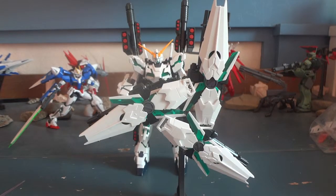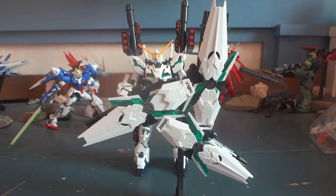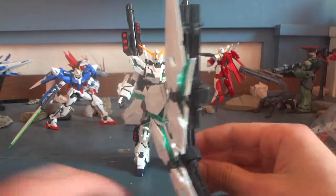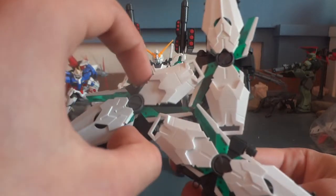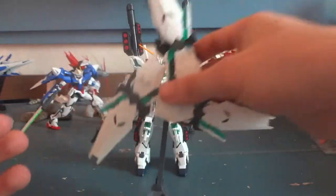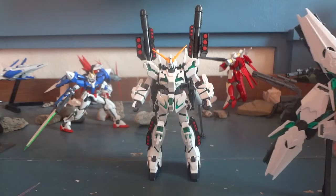Boom. This here is where the Unicorn kit gains much of its awesomeness, because this might have happened only once or twice in the anime. I'm not sure actually, because I haven't seen Unicorn. Excuse me. But you do get this piece that allows you to put all the shields on one thing like this, and it forms this sort of whirlwind defense thing. That's why you can twist these parts of the shields inwards, and this is also where things like to fall off. But once you get it all together, it's fairly stable. You can spin it, and you can sit in front of the Unicorn Gundam and have it as a defense thing. So yeah, before I forget,